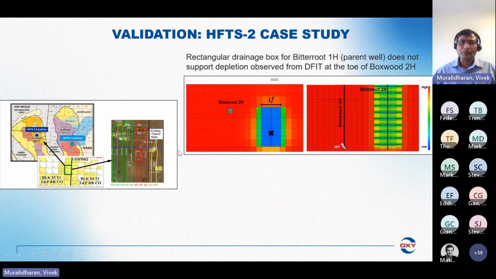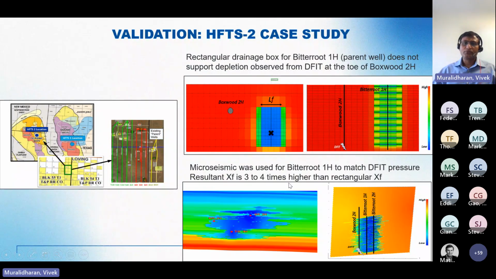Another validation that we did was the HFTS2, where we had the Bitterroot 1 edge and the Boxwood 2 edge. We have the defit in the Boxwood 2 edge, which was showing some depletion at the toe end. With the rectangle model, you can't match those defit pressures. When we use microseismic, we can see there's a fracture trend propagating all the way to that location, and you can see that the resultant XF is about 3 to 4 times,